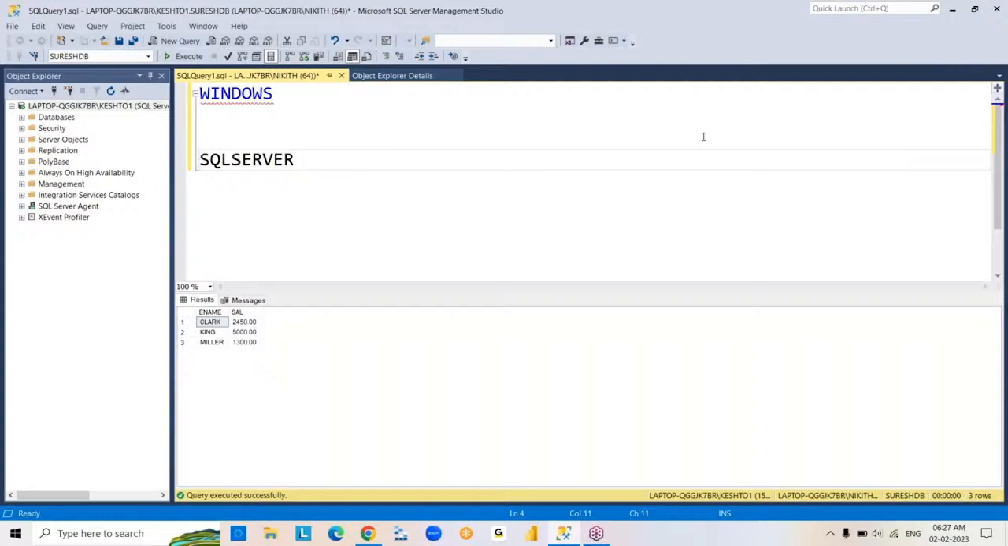See, Windows authentication login can be used for only local connections. In the same way, while connecting to Management Studio,